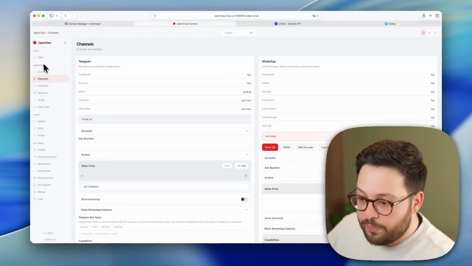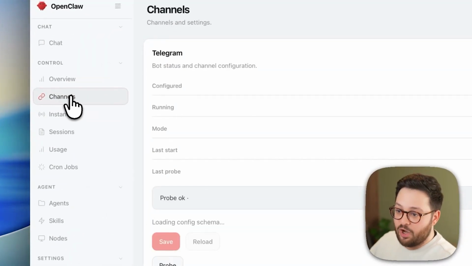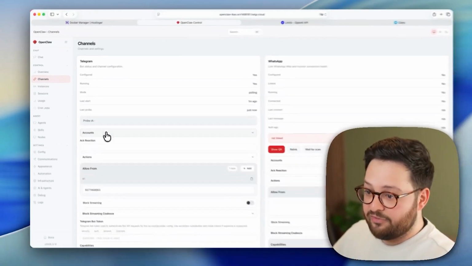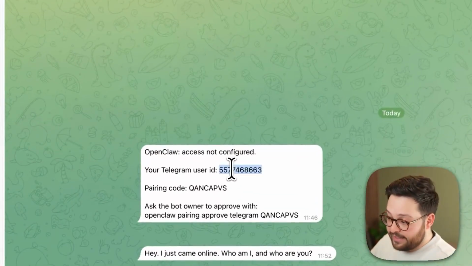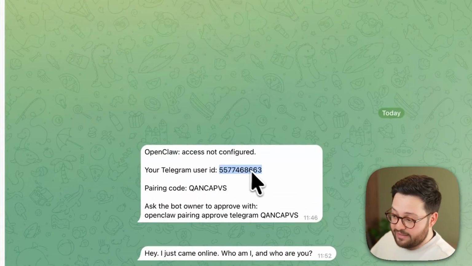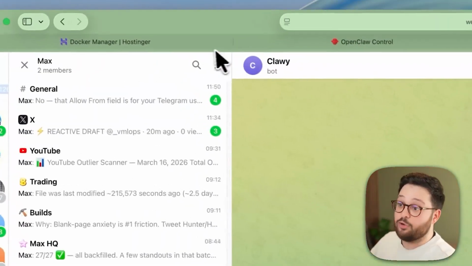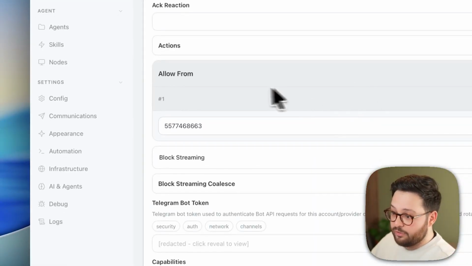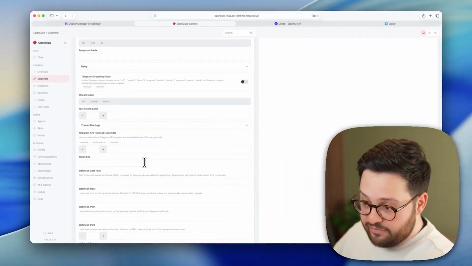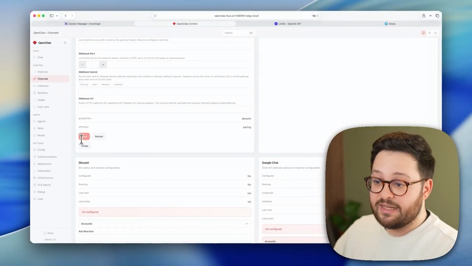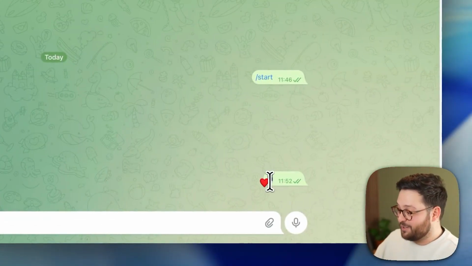Once you're in your OpenClaw dashboard, click on channels, and from there, scroll down to allow from. This is who is allowed to talk to you. You'll take that Telegram ID, which is your user ID rather, and you'll want to paste it here. Scroll down to where it says save, which is right here. Click save, and just like that, your OpenClaw should be live, because when I sent it hi, this is what